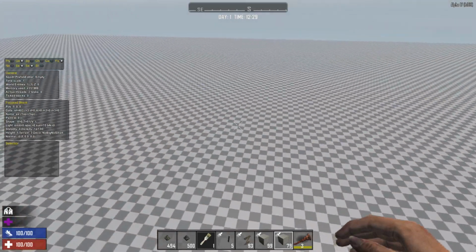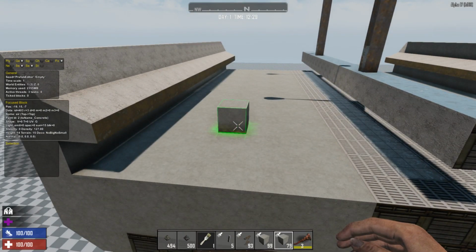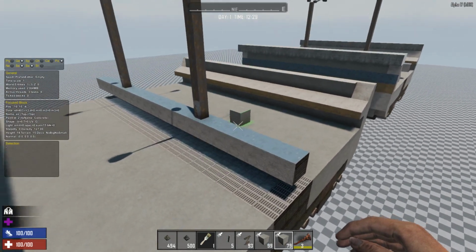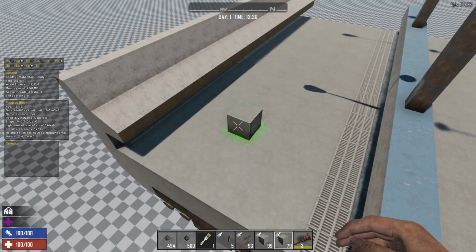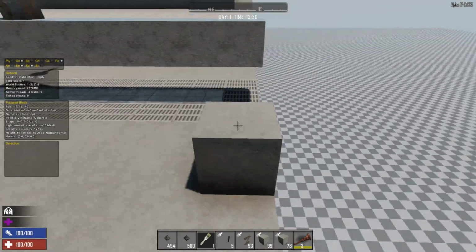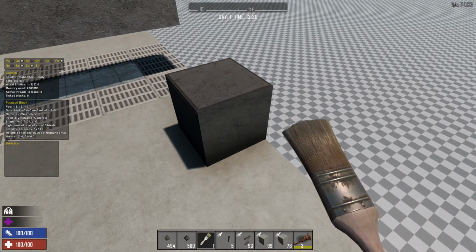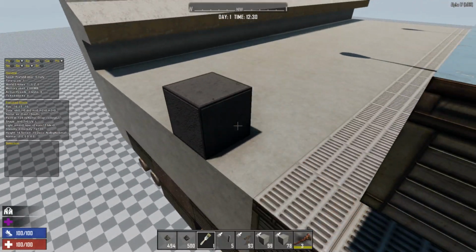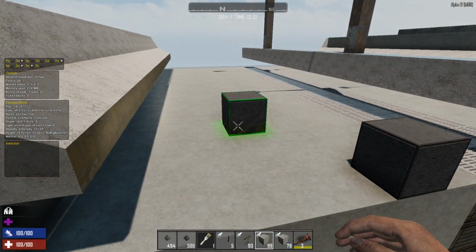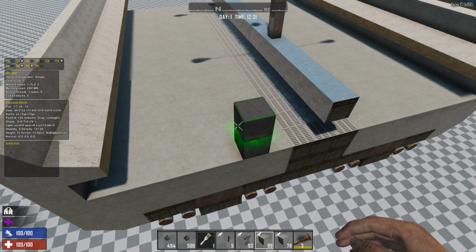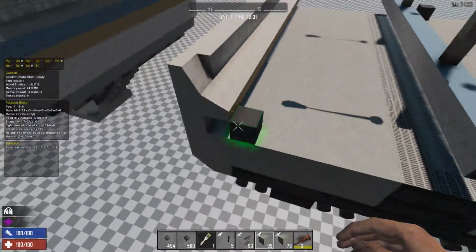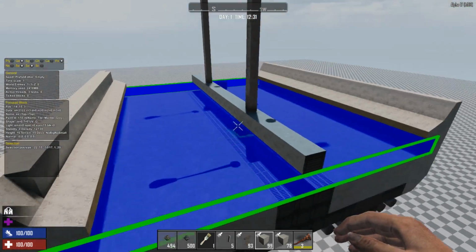Now, what I actually want to do is replace this with a dark looking block that we'll be able to see. So when the asphalt changes into this block, it's not going to look as drastic. So if we place a block down, decide what colour we want to paint it, and then I'm going to middle mouse click on that, but I'd already done that before, and that gives us basically a stack of these blocks. So what it means is if I press Z there and I press Z there and now I press L,